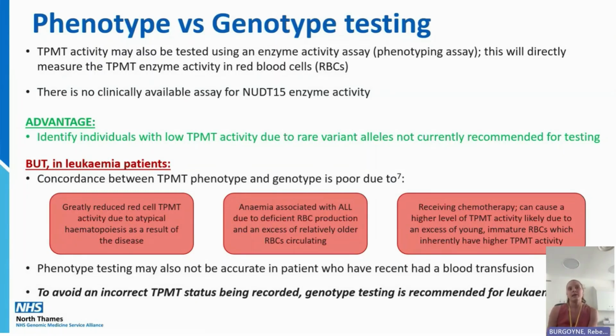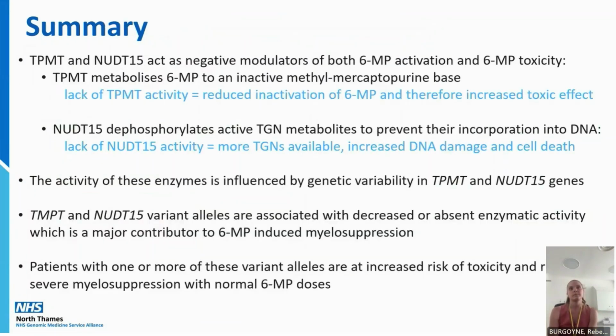So essentially, the guidance here is to avoid an incorrect TPMT status being recorded. Genotype testing would be the one that is recommended for leukemia patients. So in summary,